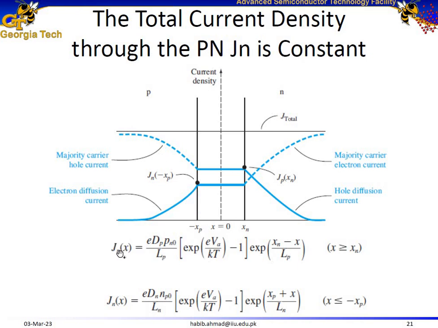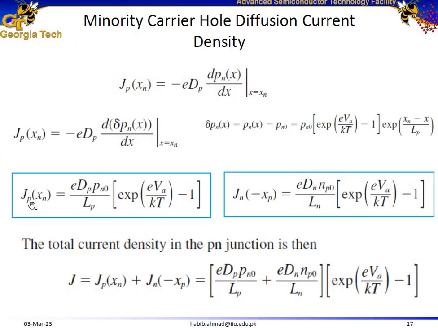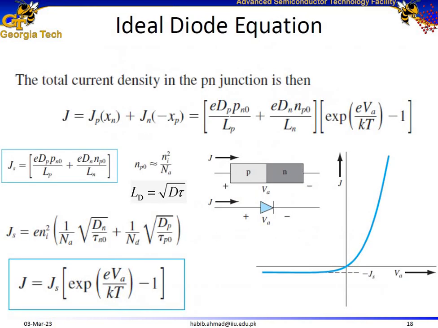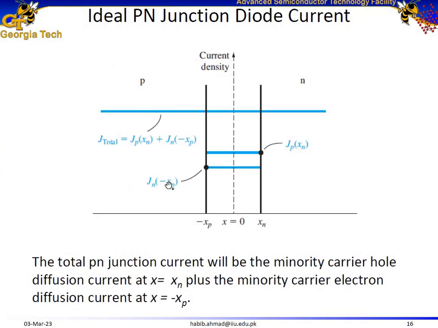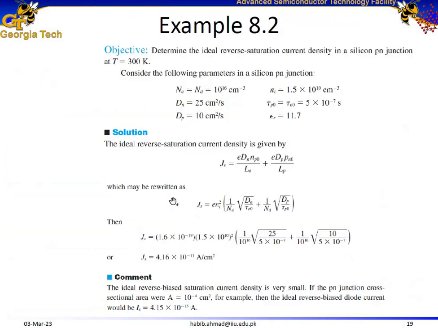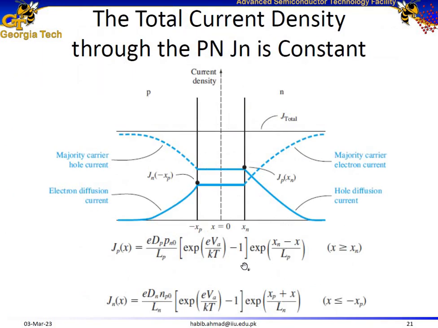And then in the previous slide, we calculated Jp of xn and Jn of minus xp, which is just a single point at the edge of the depletion region on the n side and at the edge of the depletion region on the p side. But how about the current density of holes and the current density of electrons as a function of distance? Anywhere in the p region and also in the n region, you get this relationship over here, which includes all the previous values,